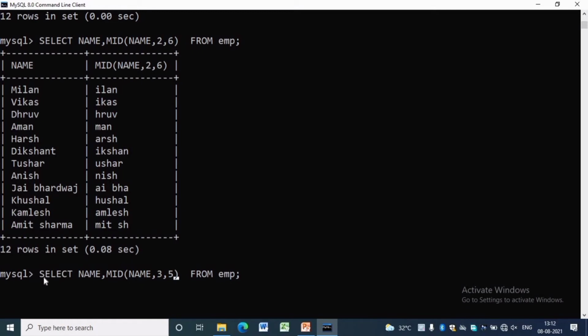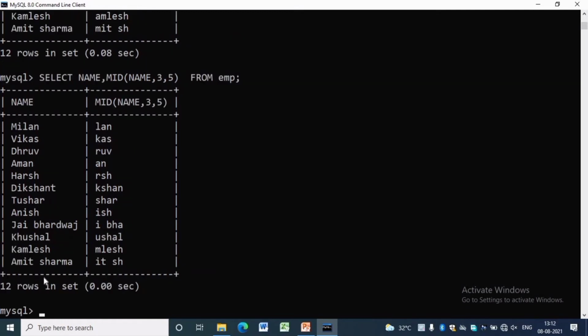Select name, MID within brackets (name, 3, 5) will start from the third letter and up to 5 characters will be printed. You can see the example of Kamlesh. It starts with M, LESH, 5 characters are printed.